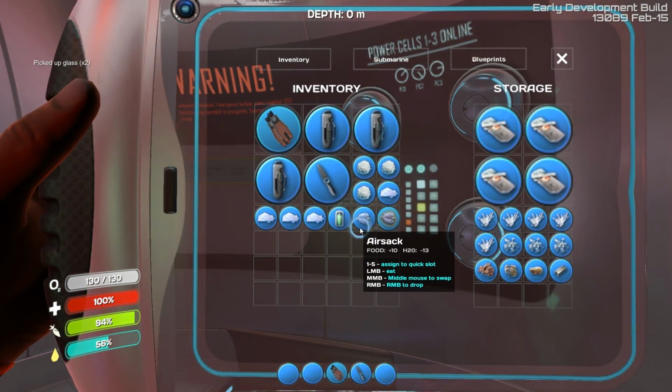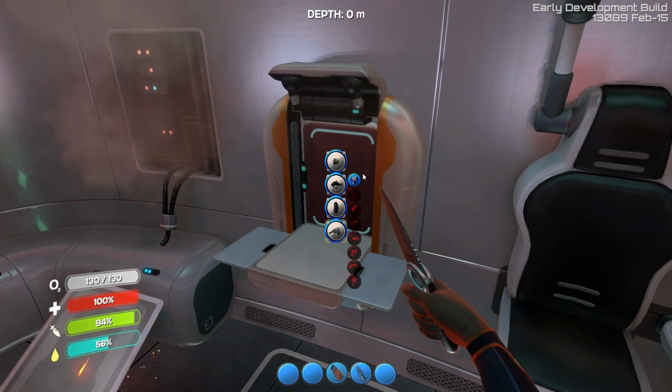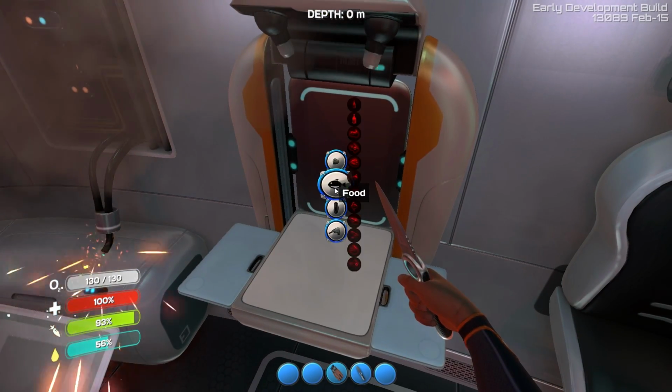So we got a bunch of glass. The goal for right now, now that we've got our glass, we are officially a glass hole. We've got that taken care of. Now that we've got that locked down, we probably want to make ourselves a constructor. So we need 3 metal for that. Actually, let's make ourselves a